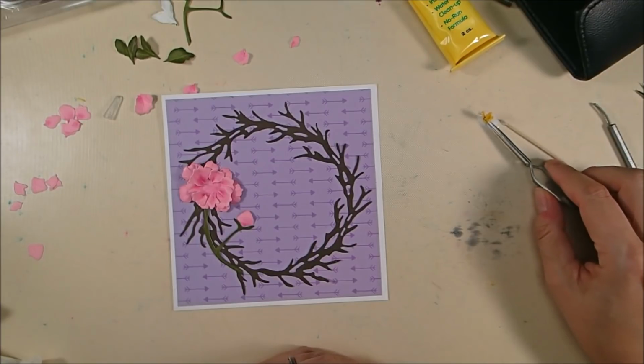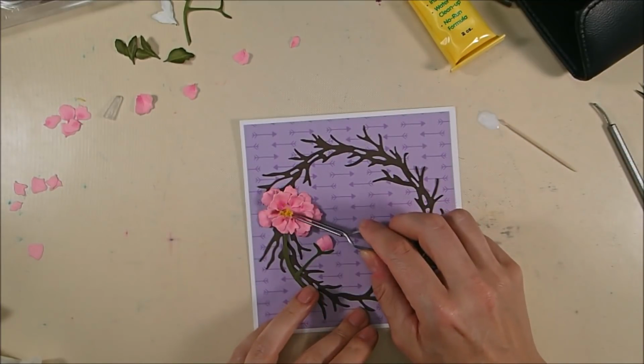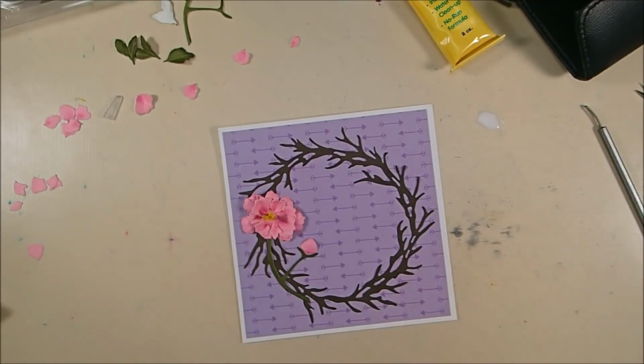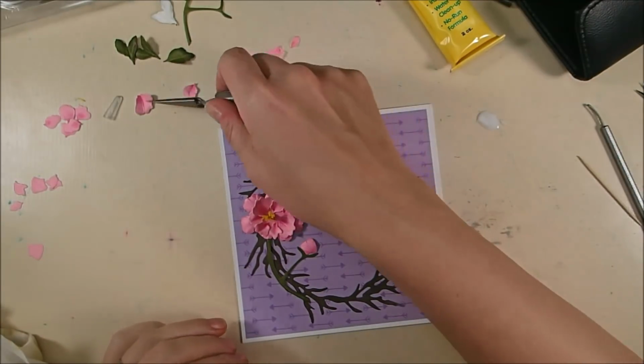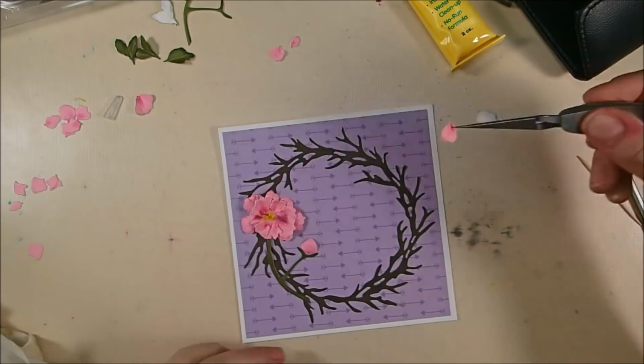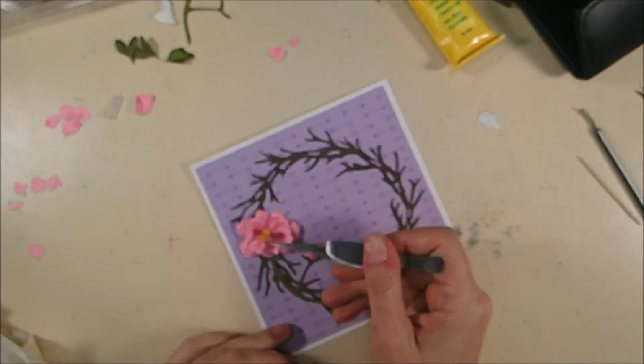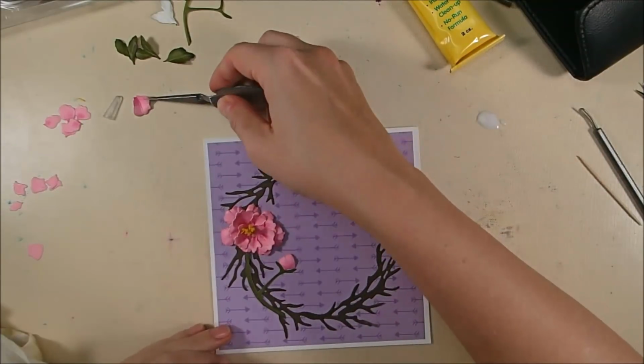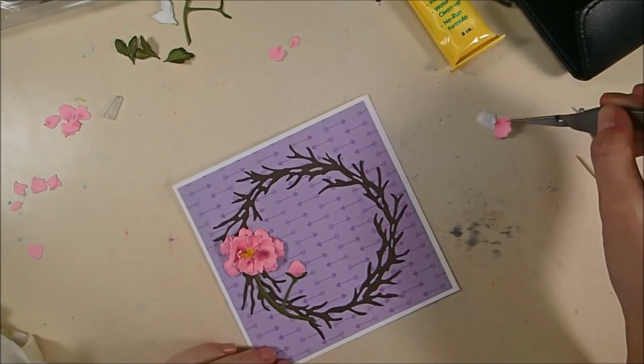And then you just take the bottom of the stamen, dip that in glue, and then set that into the center of the peony. That pollen stuff is really funky. Like if I didn't know it was fake, I would think it was real. Anyway, so now I'm going to complete the rest of the flower by just layering additional petals around and around